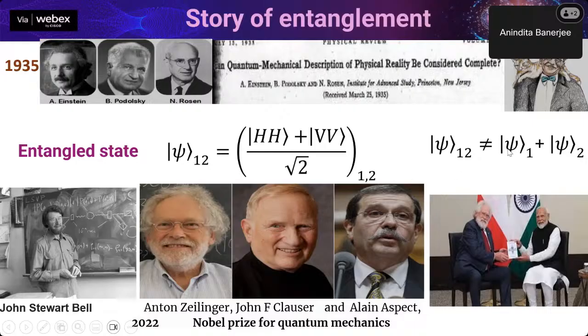Entanglement cannot be written as a separable state. Its existence lies in the two particles together. That's the reason I told you it is a special case of superposition. It behaves as one state. It has correlations: if you get H at one particle, then the other particle, which is in another galaxy, will also be H. If I'm getting V,